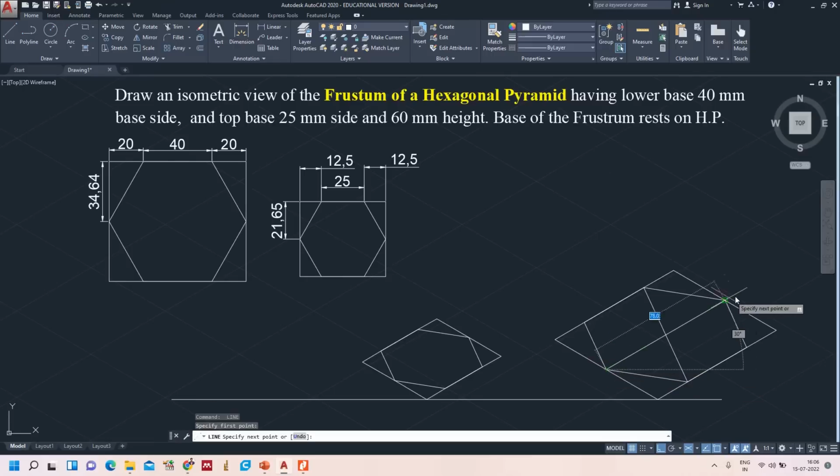diagonals, and then we will find out the central point. That is the conventional method, either using the drafter, scale, pencil, everything. But we are using AutoCAD. So instead of drawing all these things, just